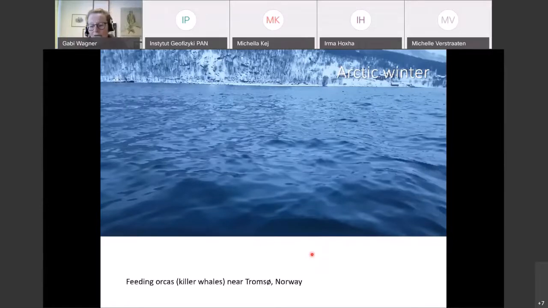So why do they not stay in these waters year round? The Arctic is very rich in fish all year round. Why do they take the trouble of going to the Caribbean? And the answer is, of course, to survive in the cold waters of the Arctic, whales need a big layer of blubber or fat, but their calves are born without this layer of fat, so they need warm water in the first few months after being born, and then only later can travel into the colder waters.